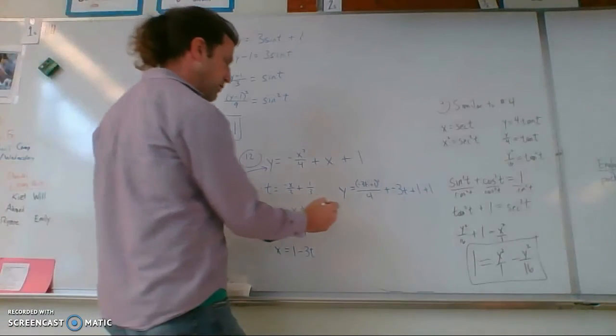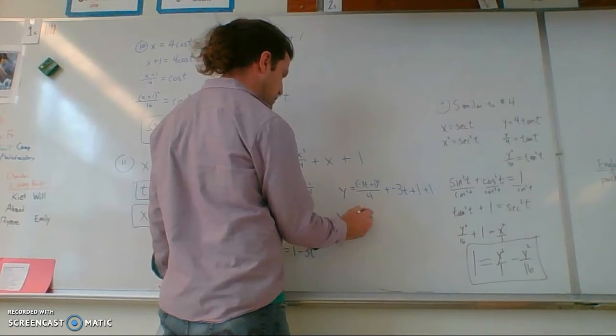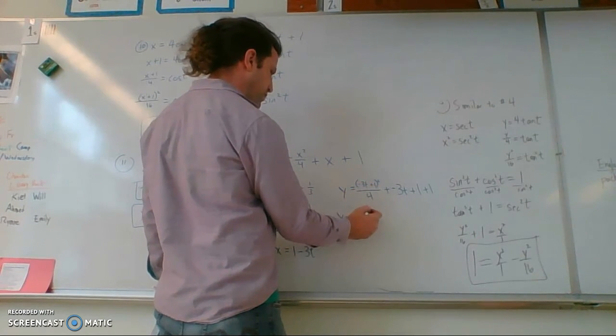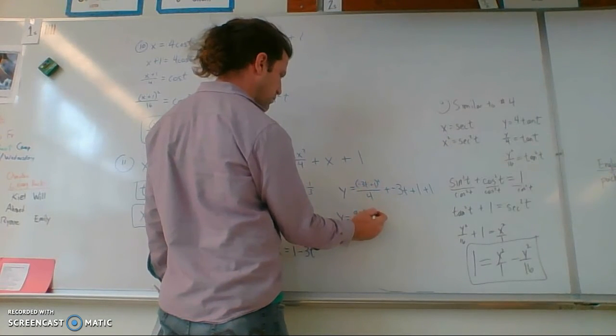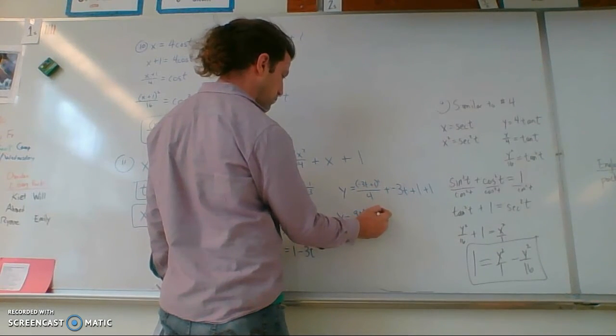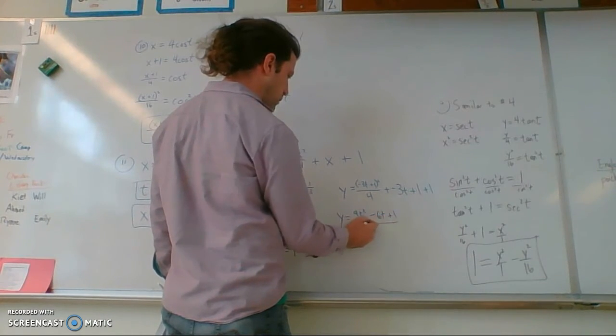And then let's straighten that out. We get 9t squared plus 6, minus 6t plus 1 over 4